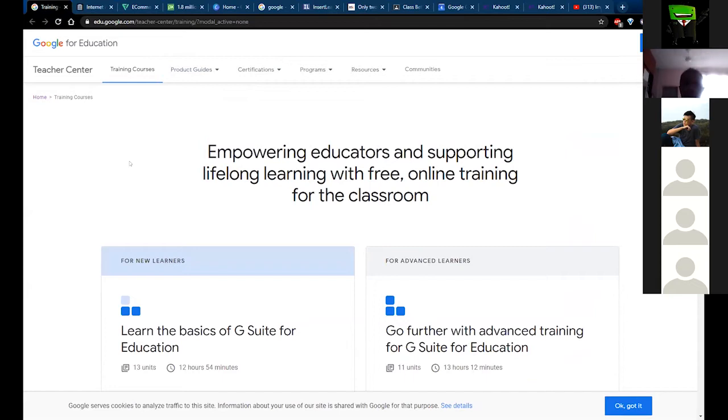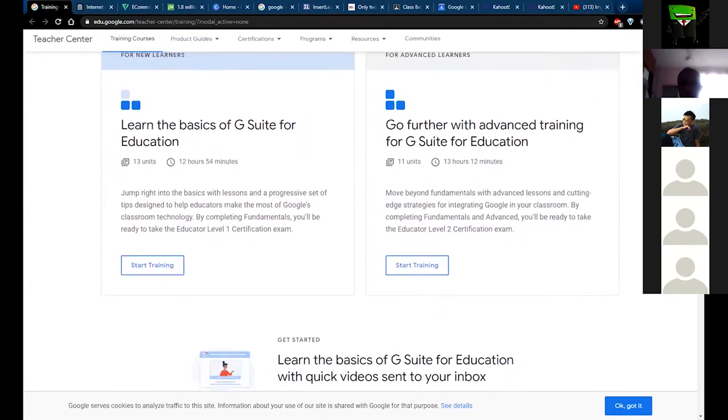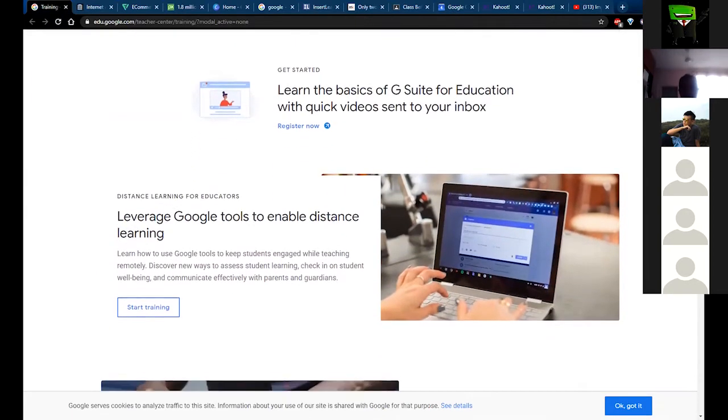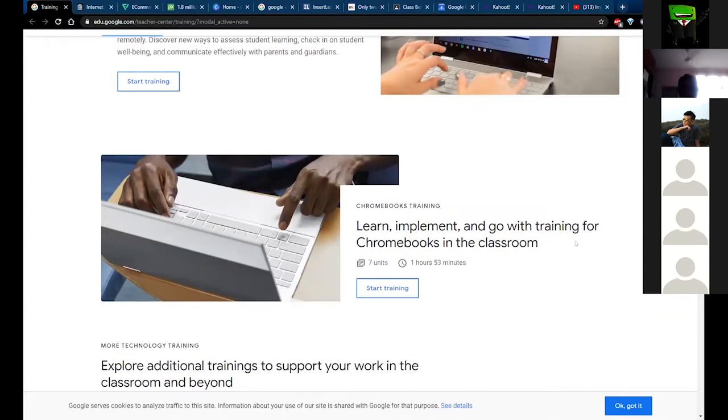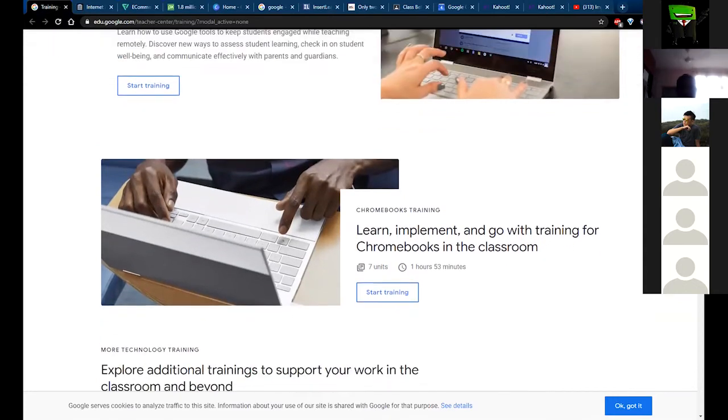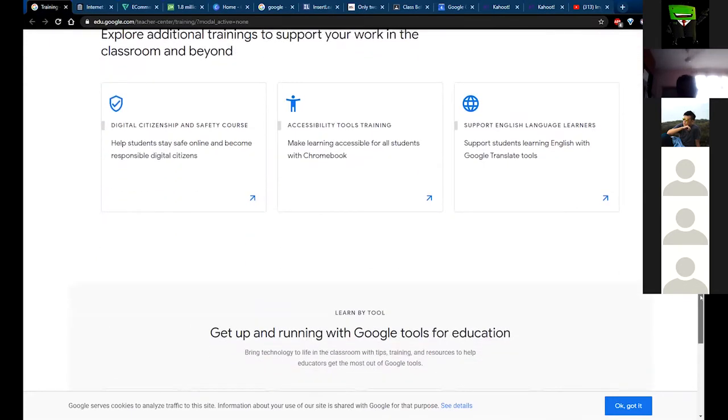This is Google's Teacher Center. Google has this initiative to provide teachers with guides on how to use their tools for online teaching. Google has provided training programs for teachers to learn how to use their apps better and help assist them in online teaching.